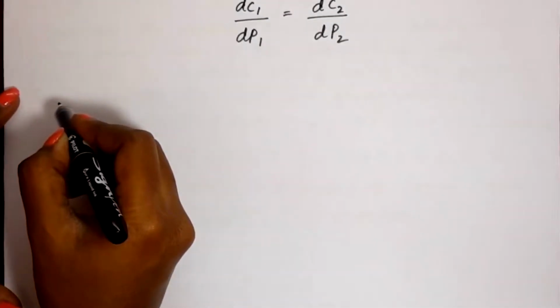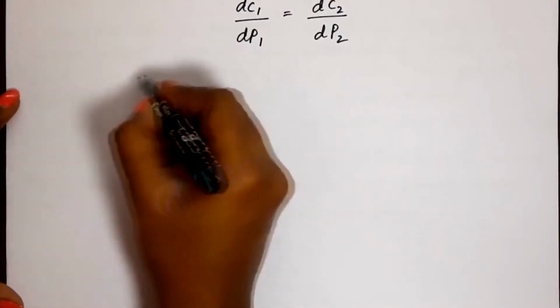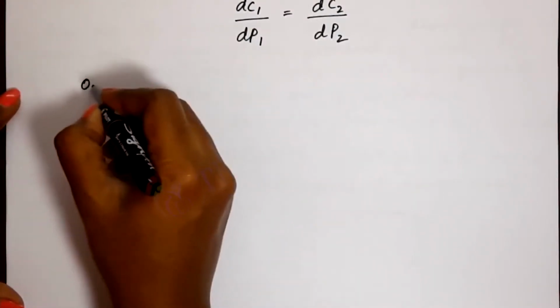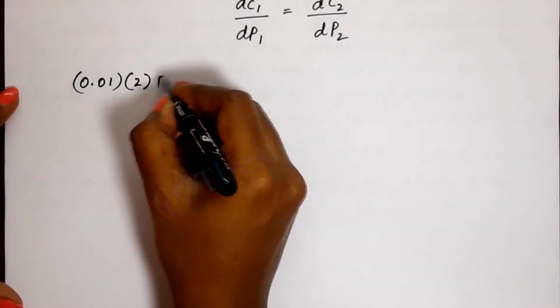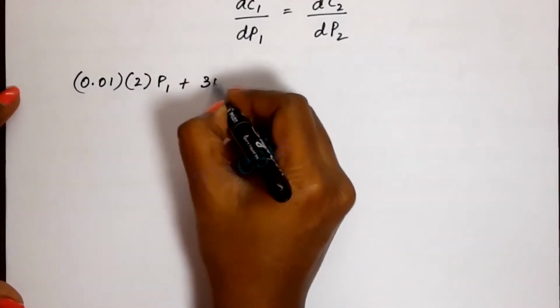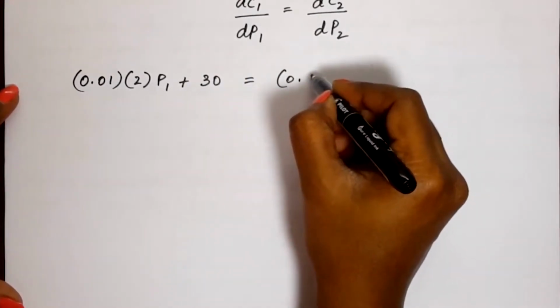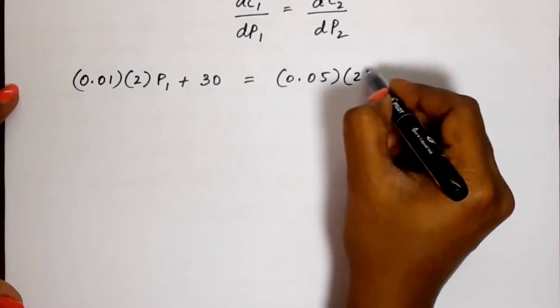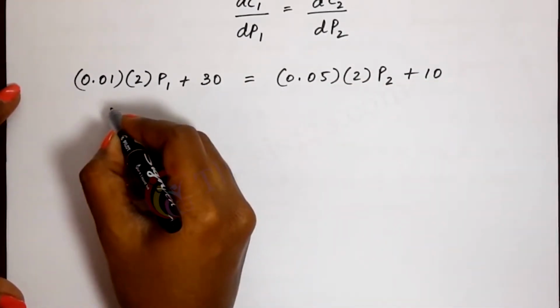So for the first equation, we would have 0.01 into 2P1 plus 30 is equal to 0.05 into 2P2 plus 10, and that gives us